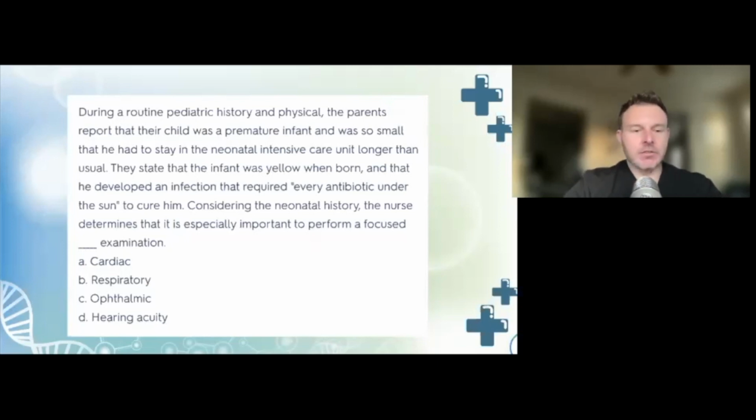Hearing loss can occur due to ototoxicity. Injury to the auditory nerves can result from high maintenance doses of antibiotics, which the parents state they had. And eye examinations are important assessments, but not relevant to this child's condition. So again, because of the jaundice or the yellowing, and because of the antibiotics,